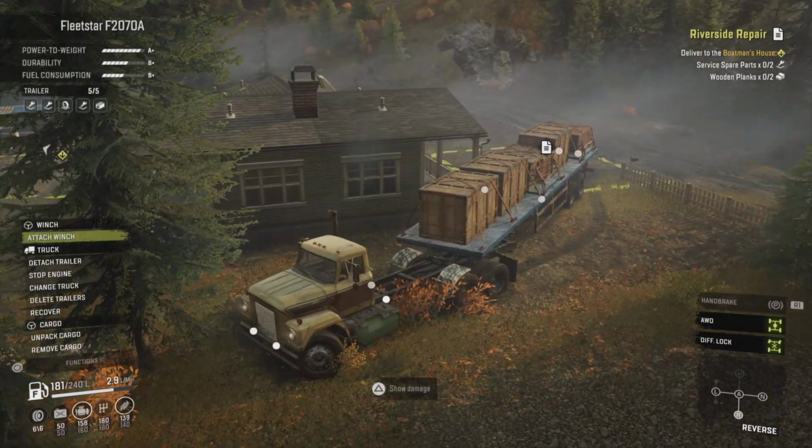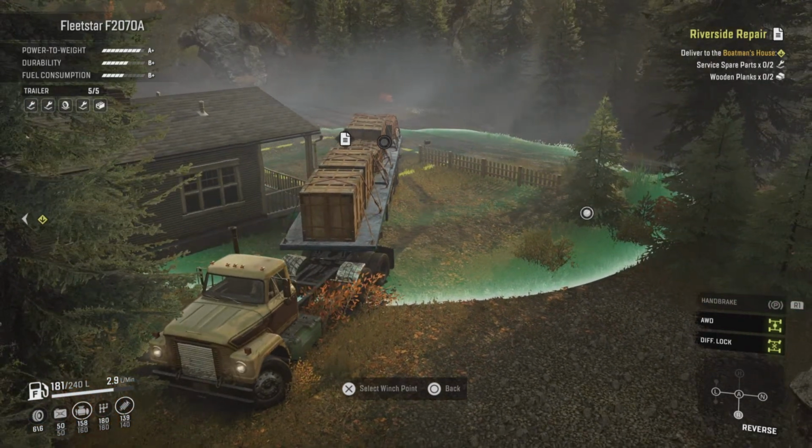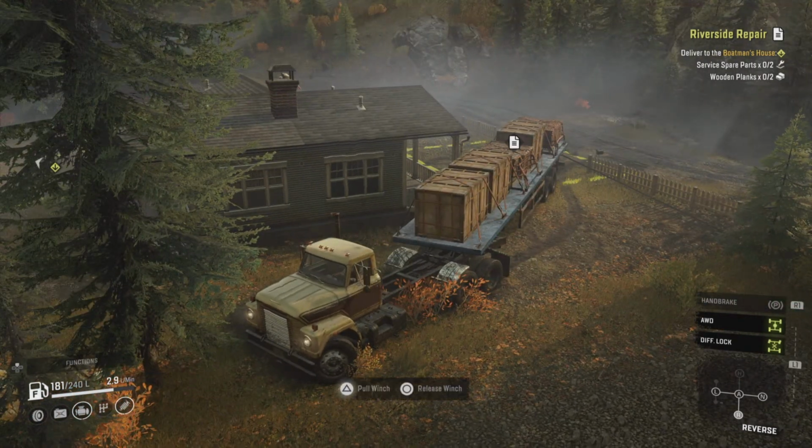Even if I can get the front of the... Well, if I can get the Fleetstar itself to move further to the right, that might give me the angle that I need. Currently, I just can't...